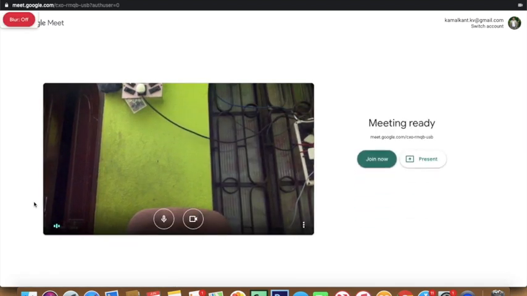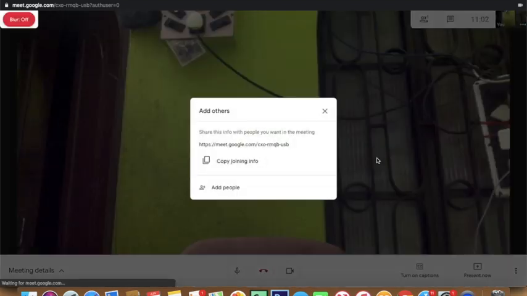Now you can see that I have a background which is showing my current background. Now I want to blur it out. So first I will join. So I have joined.